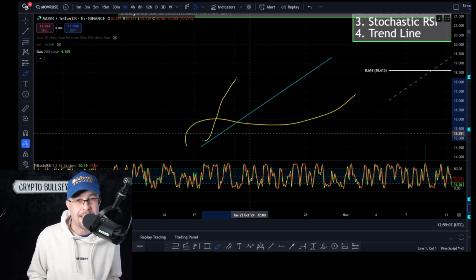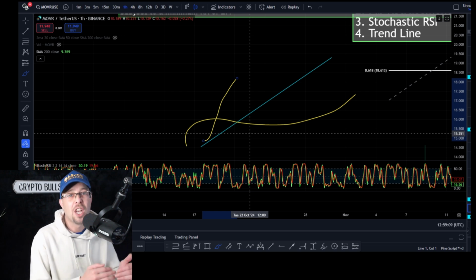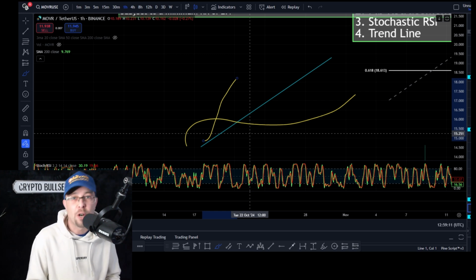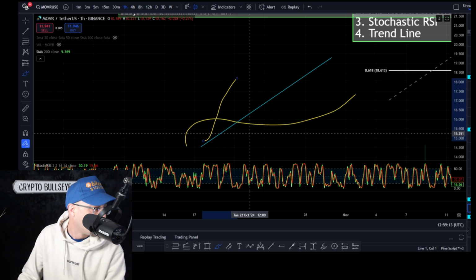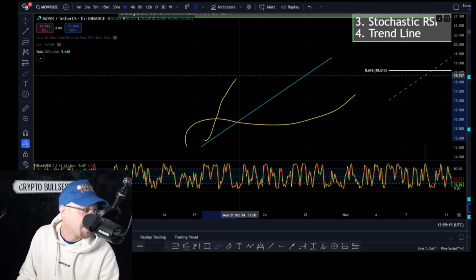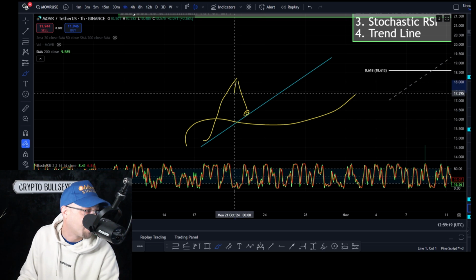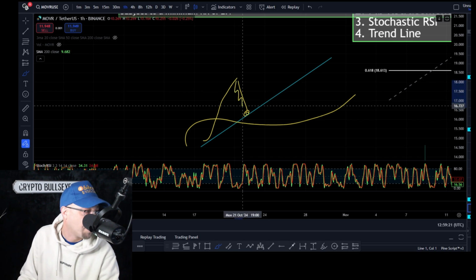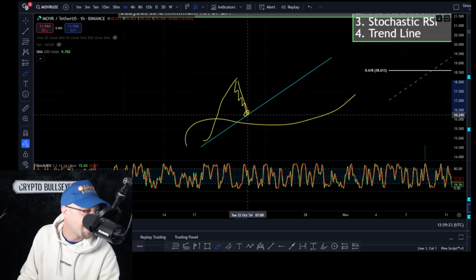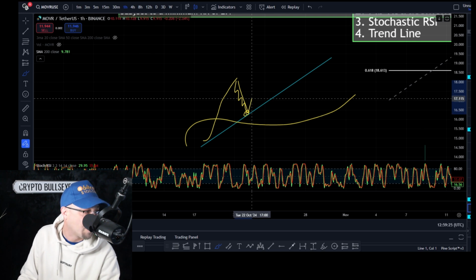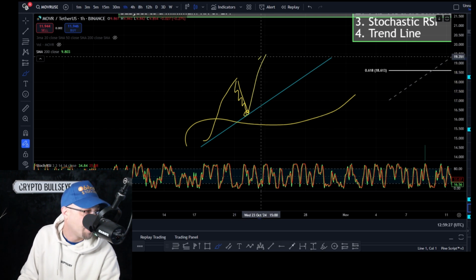Ultimately, the stochastic's there for a first glance to say, are we overbought when we're at the 618 or are we oversold? So price pushes up, comes back down, hits the 618. We're interested. And as it pulls back here, price will do something like this. So we can monitor that and we can wait for the break when we get to the 618 to indicate that we've got a continuation of trend to the upside.